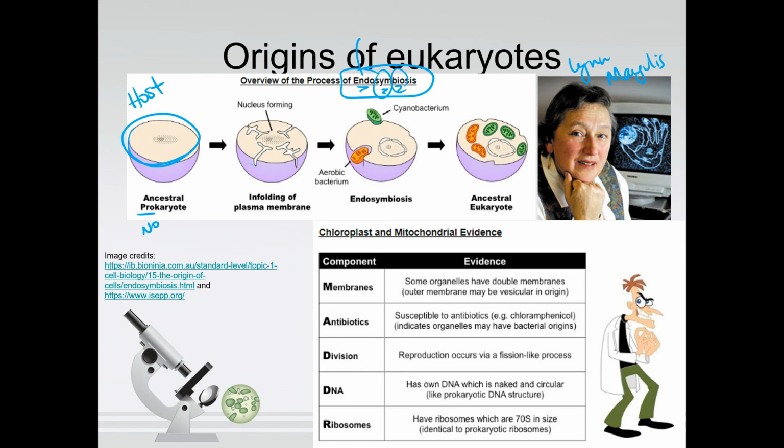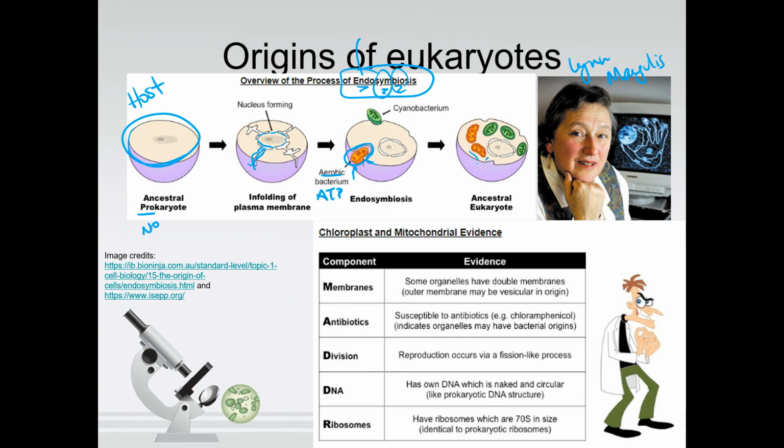For some weird mutation-y reasons, the cell membrane started to fold in a little bit and formed like a little pocket around the DNA. And so we had an early nucleus forming. And then the cell decided, you know what? I'm going to eat this bacteria. This bacteria that is aerobic, it's really good at making ATP. And so the cell engulfed it in a membrane-bound vesicle, but instead of digesting this aerobic bacteria, the host cell